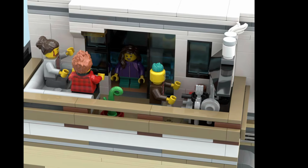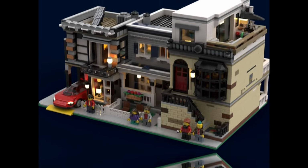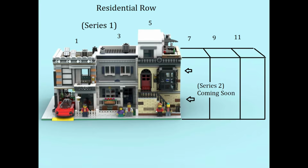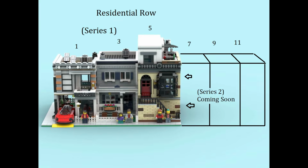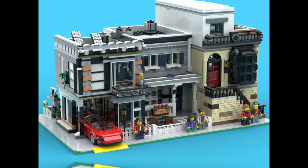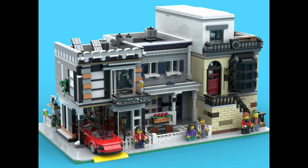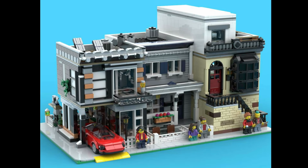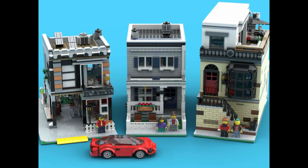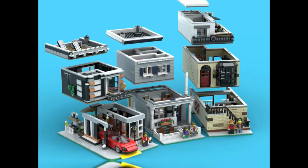And there you have it. That is where Series 1 ends, and then Series 2 will be the next 3 houses, and will connect to the side of 5 Residential Row, and then end with a corner on the opposite side of the block. I'm designing it now, and I'm considering even putting a corner store on the ground level of the last house. We'll see. So again, they fully separate into 3 separate houses, and all the floors come apart also, for access,